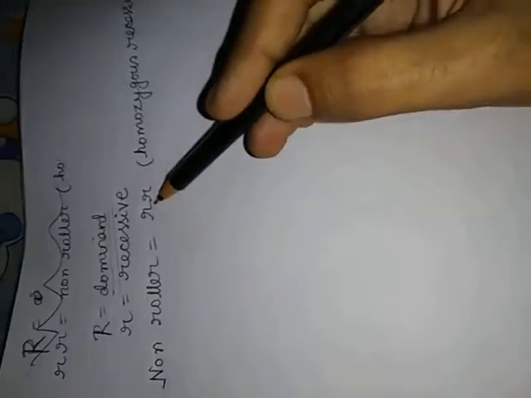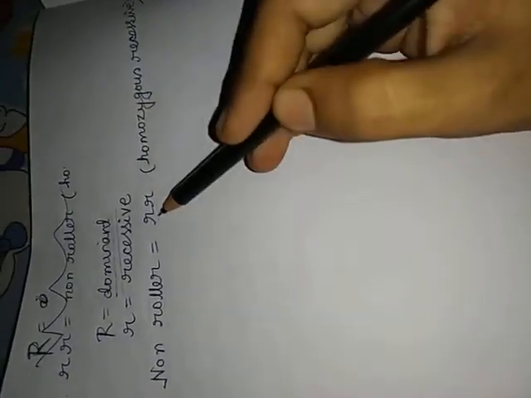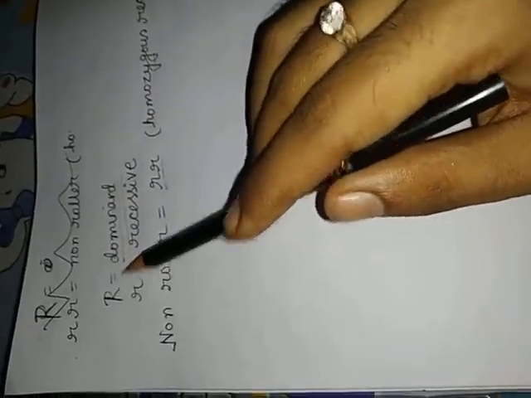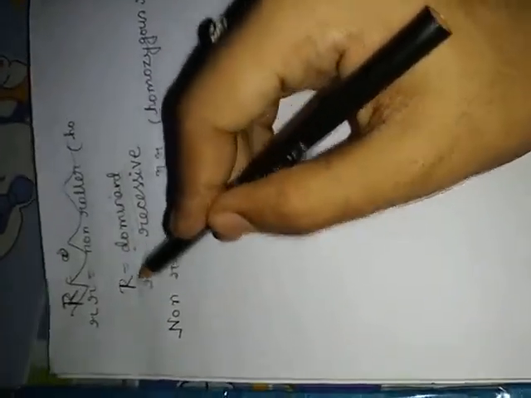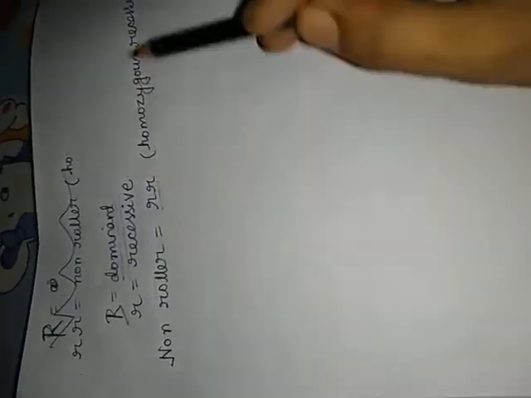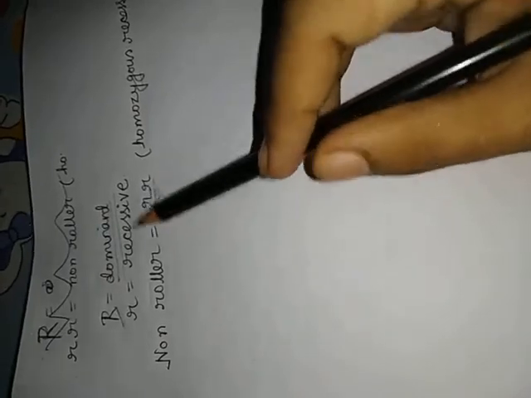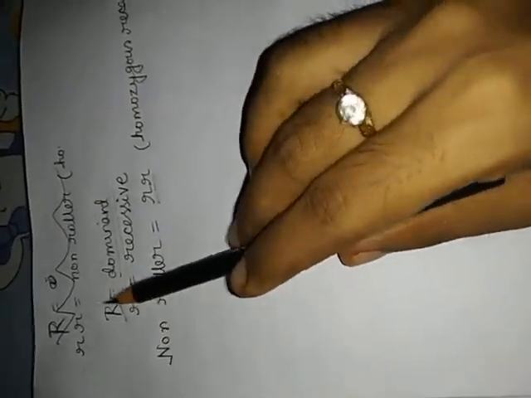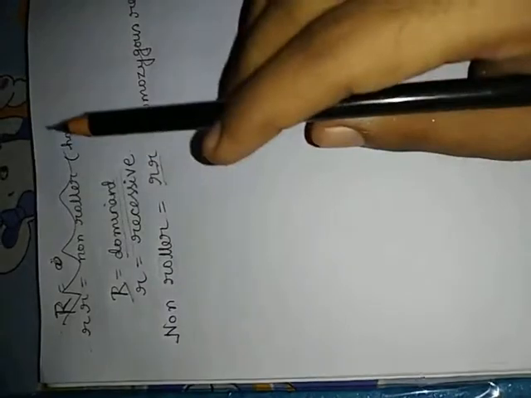Rolling of tongue is a dominant trait and non-roller is homozygous recessive. It means that a non-roller has these two alleles, small rr, homozygous and recessive. Whereas the roller is the dominant trait, meaning there is a presence of capital R. Homozygous means both are the same allele, and they are recessive. Small r is the recessive allele, whereas capital R is the dominant one.